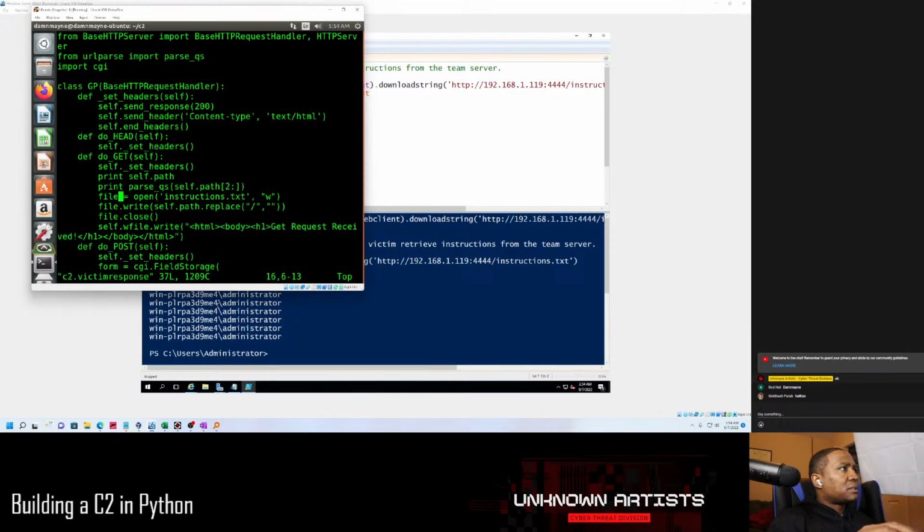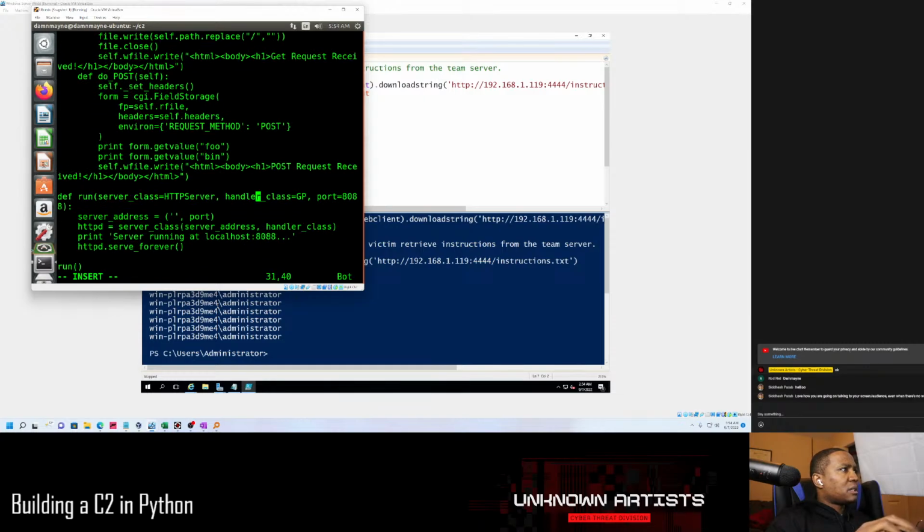But instead of saving to instructions.txt, we'll save that to response.txt, and then yeah, that's literally it. This, and then we need our port to be 5555. So in our def run,